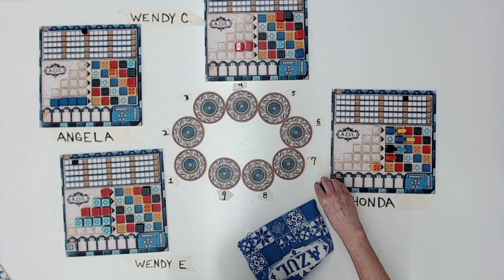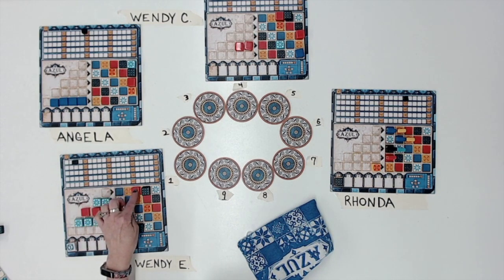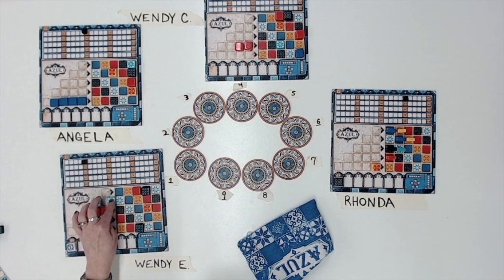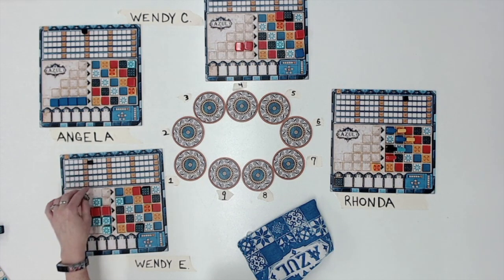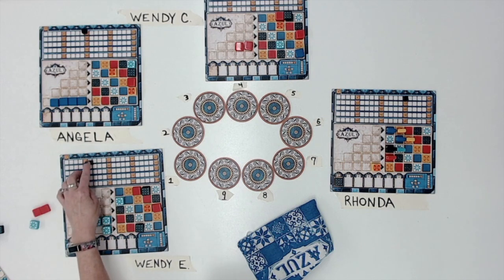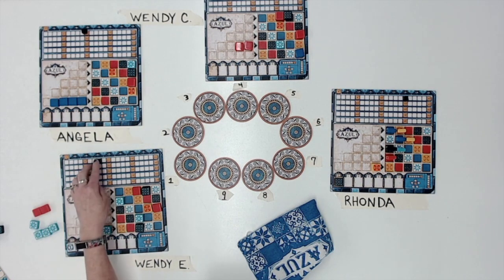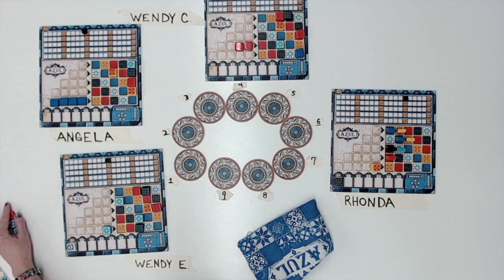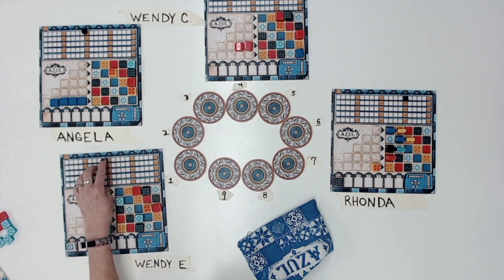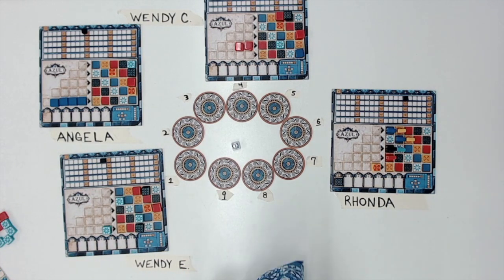All right, and I've got this one moved over for 2. This one will move over for 1. This one will move over for 2. This one will move over for 2. And that's it for me. Oh, and I'm gonna take 1 off for taking that. We're still all pretty close. And then we'll